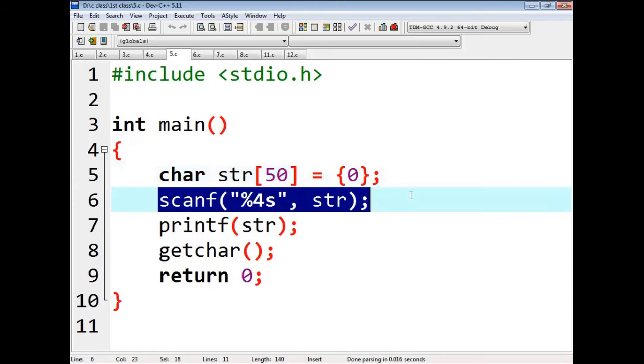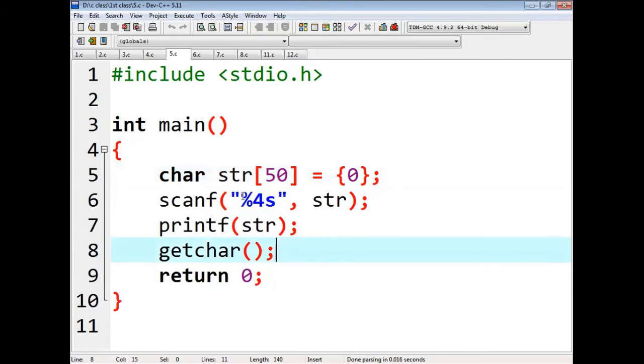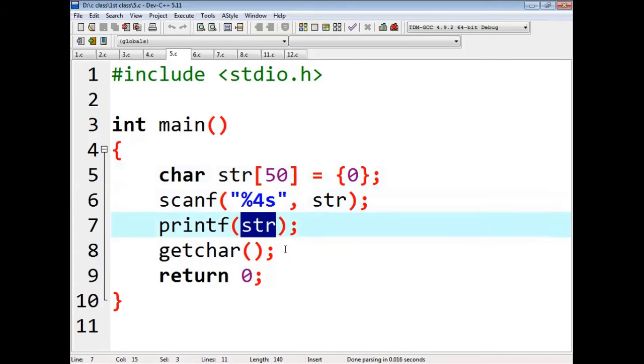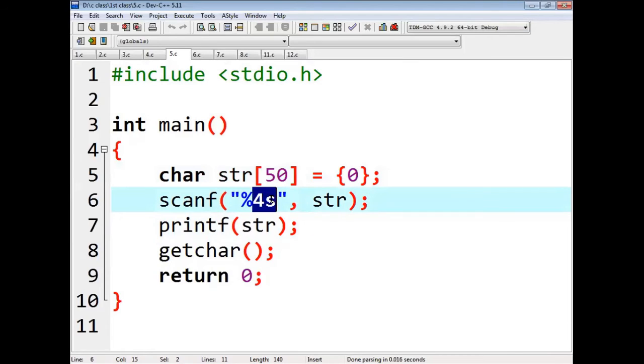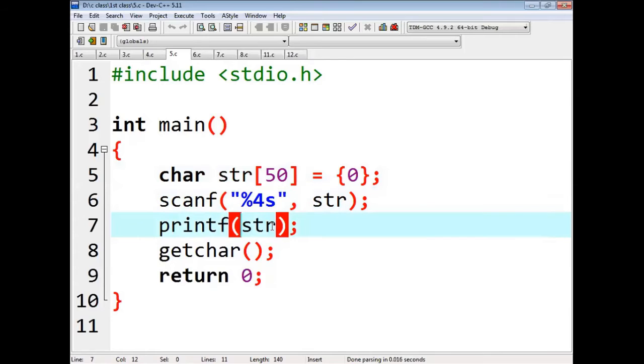That's why scanf is used, and of whatever is taken from the end user, a maximum of 4 characters will be read and printed back. So when I run this program, let's see what the output will be.